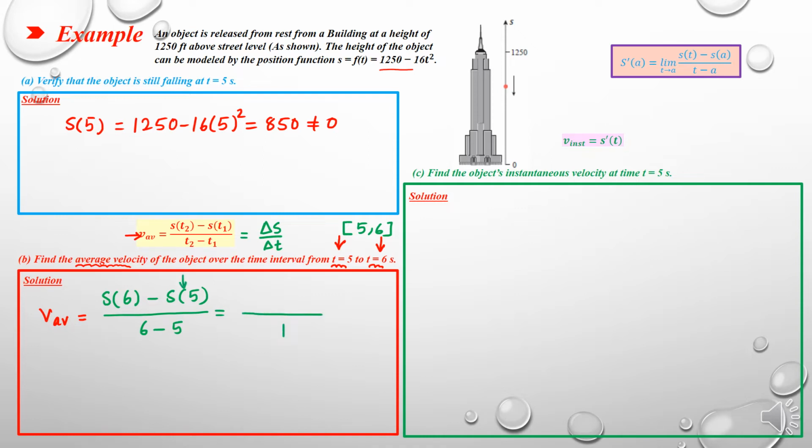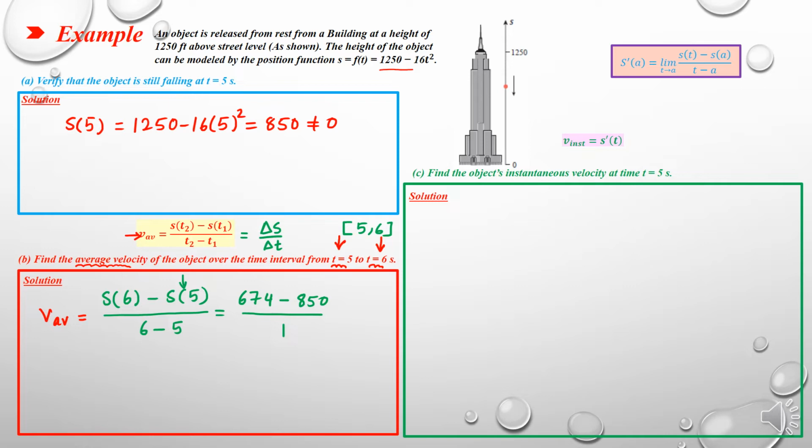In part A, we found s of 5, and this equals 850. So you have to find s of 6, and it's equal to 674. Then you have to subtract 850 from 674,